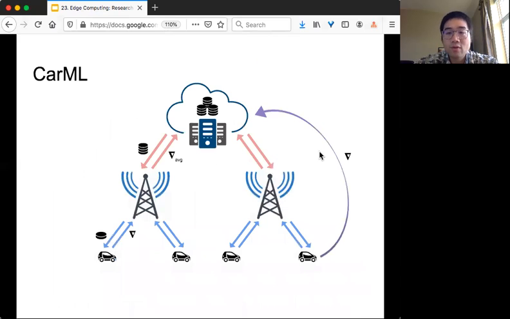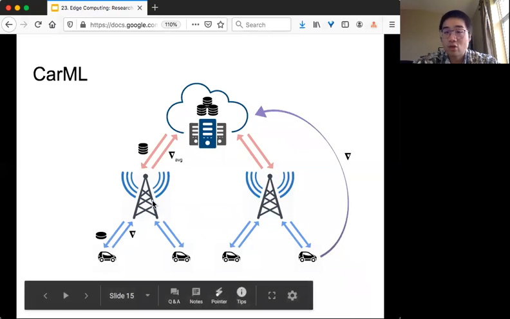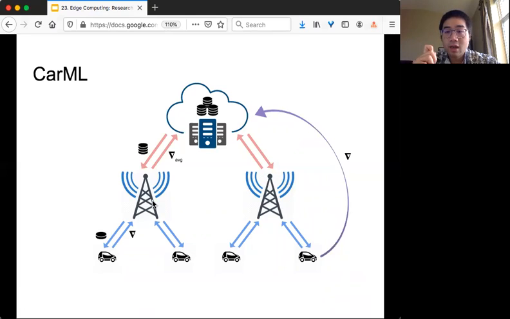So here's a big overview of what we did. For CarML, the idea is pretty straightforward. Right now people do distributed computation for machine learning, but only in one big data center. Here we propose that high-end vehicles actually have very powerful chips specially designed for machine learning tasks.